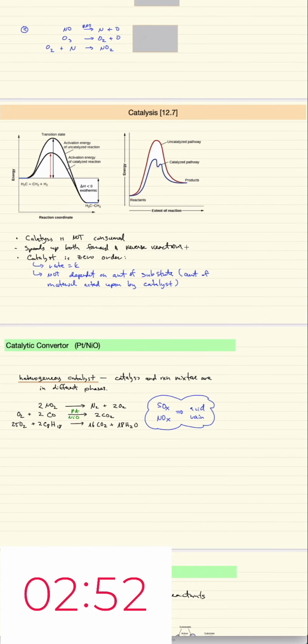And finally, a catalyst. We know the definition of catalyst: something that speeds up a reaction and isn't itself consumed. Okay, well, what do we mean speed up a reaction? Well, how does that happen? What that means is if you have an uncatalyzed reaction shown by the red, what a catalyst does is it lowers that hump I talked about earlier. And so more water can get over the bridge. Yep, more water can get over the dam and